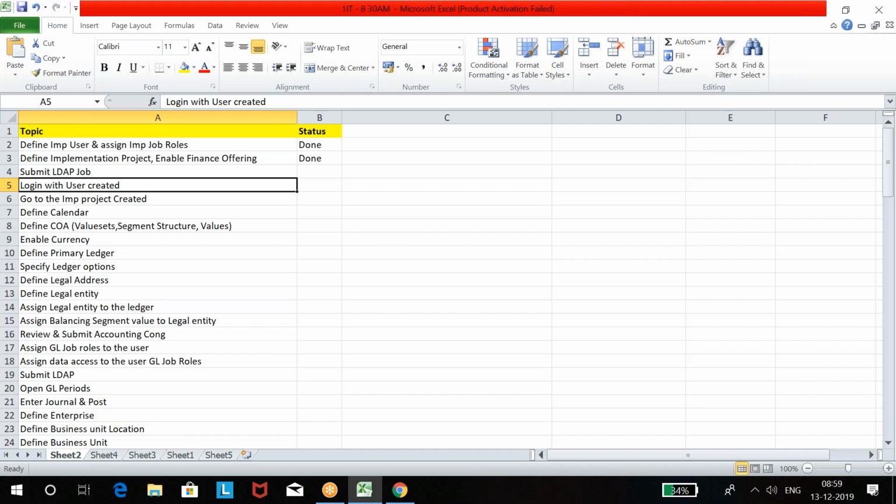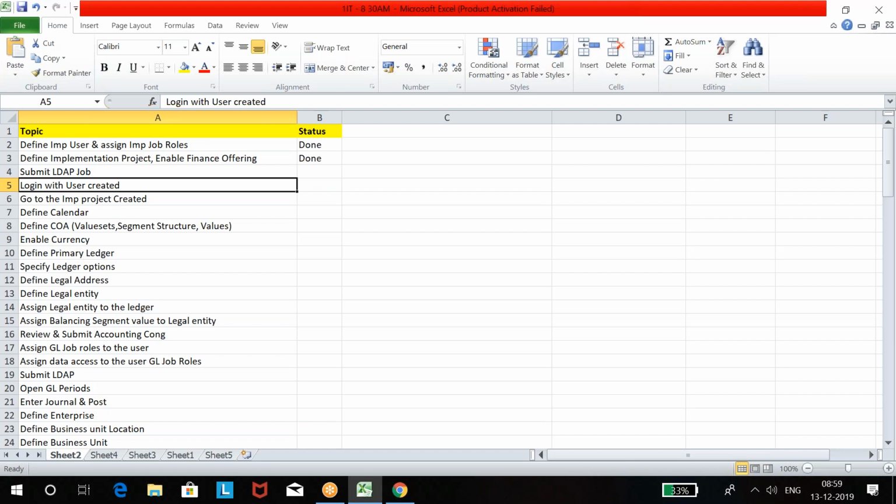Exactly. So we will synchronize data from the application, whatever is created, in the database. We have something called the LDAP table in the backend. What is the meaning of LDAP? Full form is Lightweight Directory Access Portal. It's a table in the backend where these newly created users are going to synchronize with the job roles we have assigned.